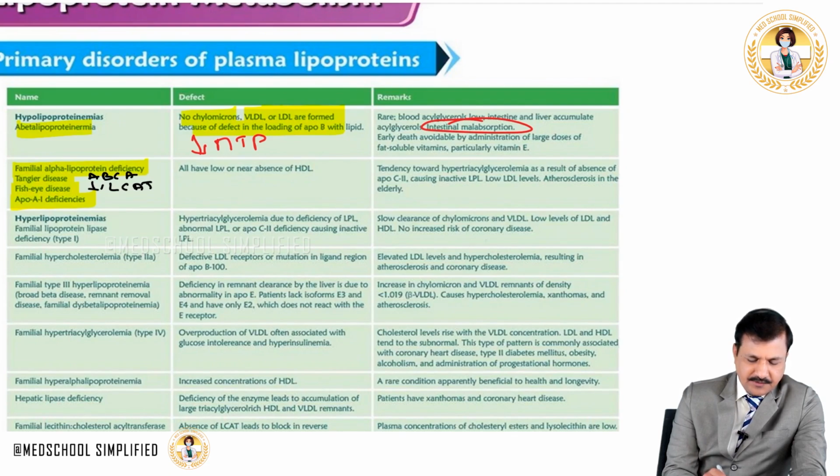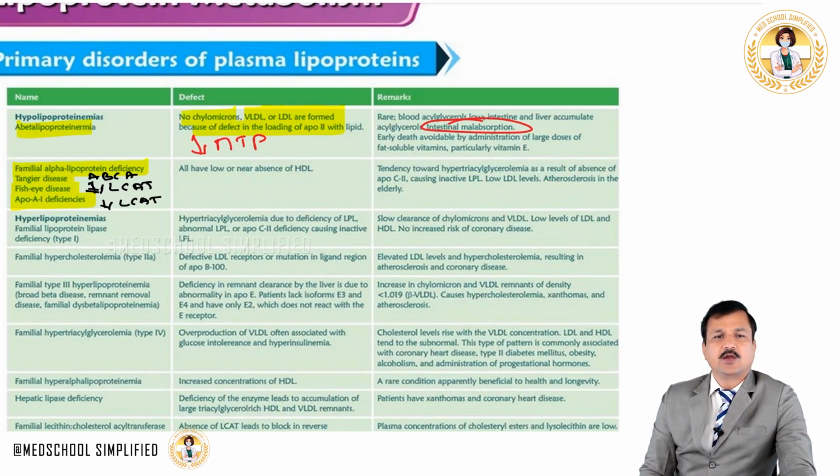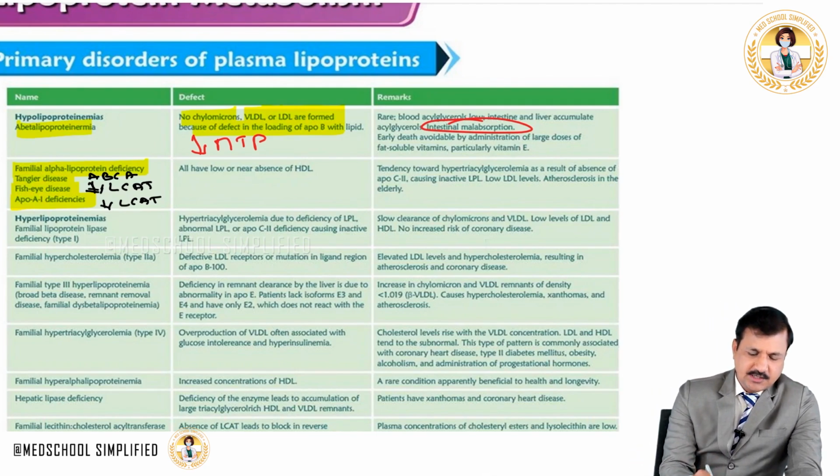And Apo A1 deficiency will also lead to decreased activity of LCAT enzyme. So overall, HDL formation will be decreased, leading to very low or absent HDL here. Alright, so our next disorder is